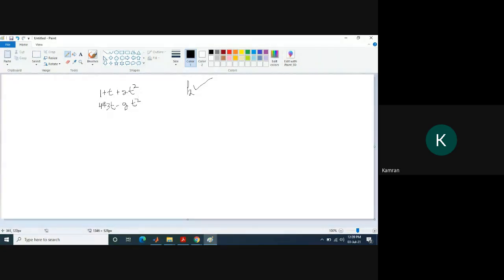These are two polynomials of exactly degree 2. Now if we add them, 1 plus 4 is 5, t plus 3t is 4t, and 2t square minus 2t square is 0. So their sum is a polynomial of degree 1. Does it belong to this set? No sir, ये तो सब नहीं करता, तो ये subspace नहीं बनाता। जब exact degree की आप बात करेंगे, तो वो फिर subspace नहीं बनाएगा, ठीक है।